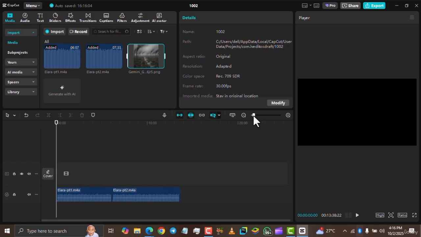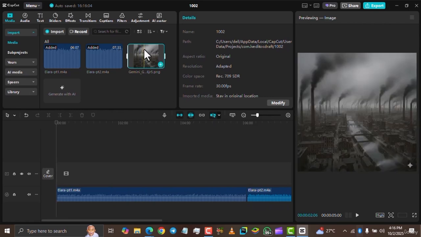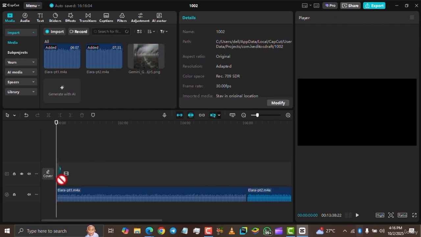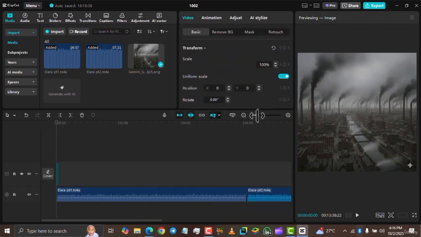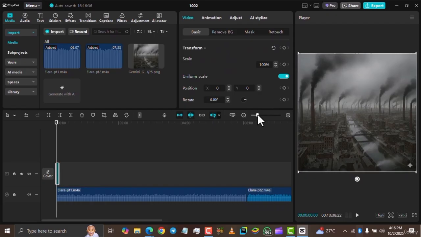Just slide it to zoom it out. I'm just going to slide this like this all the way here. And then I'm going to drag and drop this first image on my timeline. You can see how tiny it is. If I still want to zoom this out, I'm going to use this slider right here,